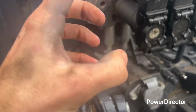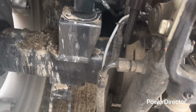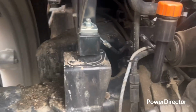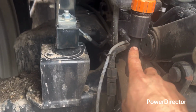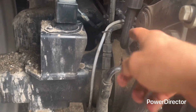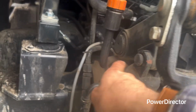And no, we can't have a straight shot with a large orifice into the reservoir. No, we gotta have this. I think it's impossible to get off. Anyway, this little orifice, like this is my index finger right there, and the orifice is like half the diameter of that inside, like the diameter of the tube that the fluid goes down. Then it's gotta go around this 90 elbow, and then around another elbow, right into the reservoir,